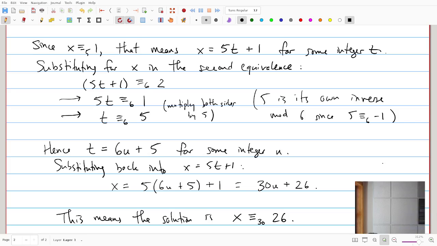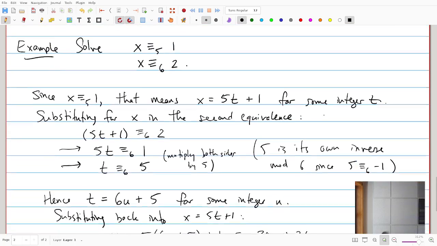I guess it can be a little confusing keeping track of what you're doing, because we make up these different variables and we substitute this thing back into that. I don't know of a great way to remember it. It's just a process. And if you keep in mind what you're trying to do, ultimately,